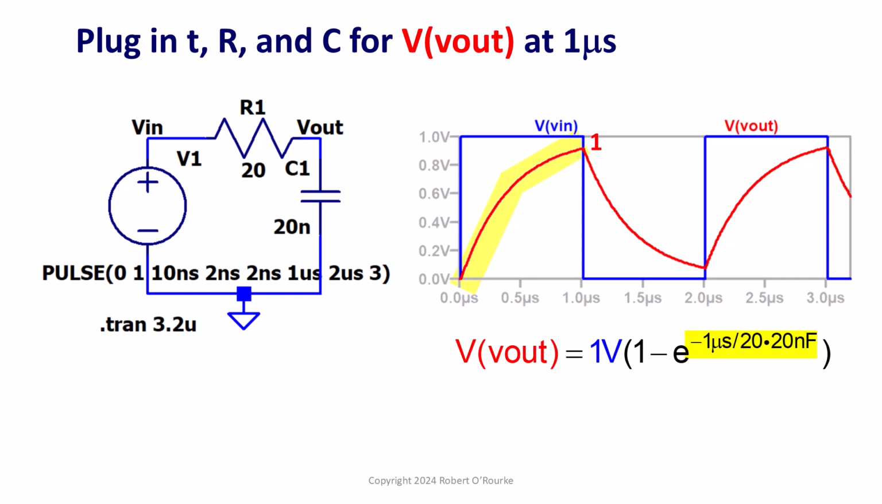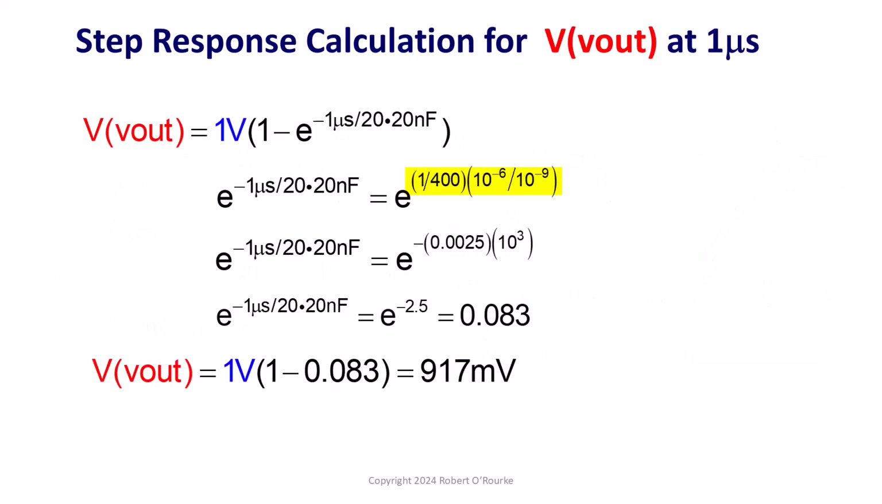To calculate the voltage vout at 1 microsecond, substitute circuit element values into the step response equation. 1 microsecond is the time, 20 ohms is the resistance, and 20 nanofarads is the capacitance. 20 times 20 is 400. Gather the 400 below the 1 from 1 microsecond. Gather the 10 to the minus 6 term from microseconds with the 10 to the minus 9 term from nanofarads. 1 divided by 400 is